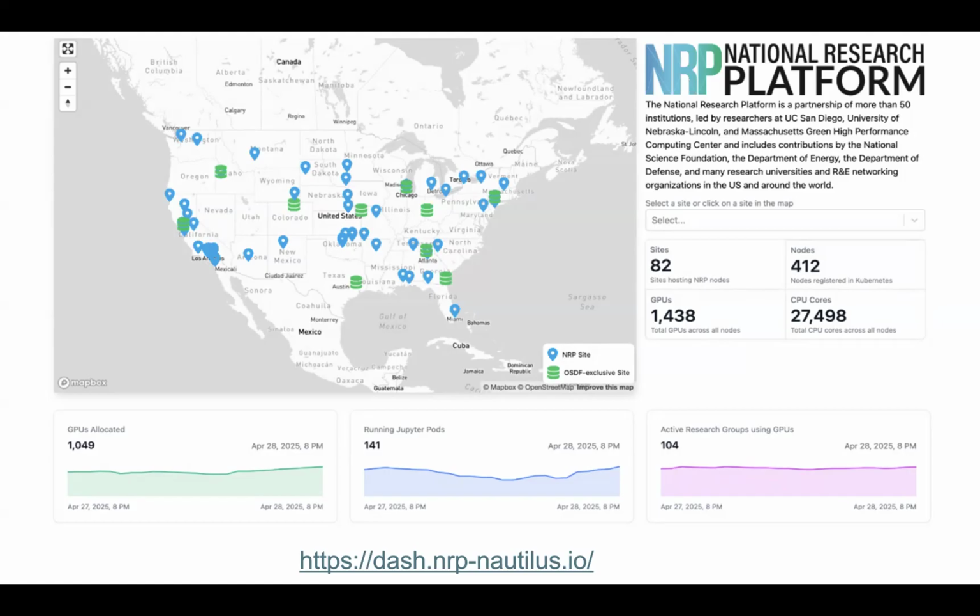We're kind of zooming in to the US only, but there are places in Europe like CERN and also in Asia and Korea and other places. And this list is actually growing every day. That's why we have this dashboard where we can see the current status. At the moment, you can see there's 82 sites, 412 nodes, and over 1,400 GPUs there. And then I'll go into a little bit more detail of the Nautilus in the next slide,